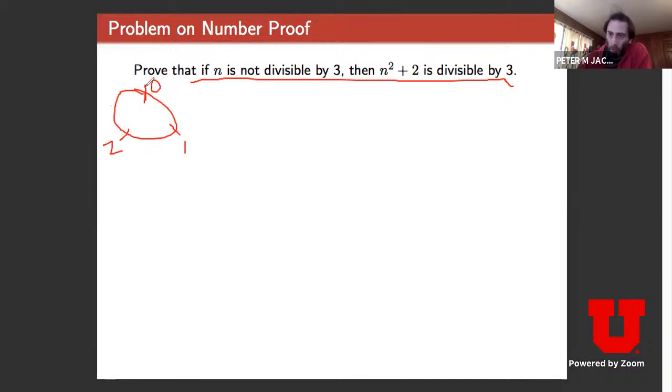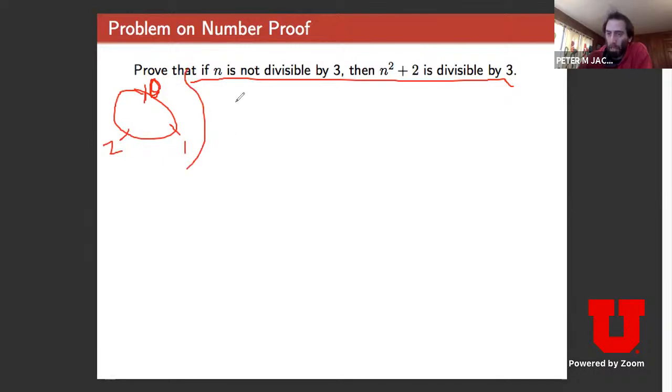And what's going on here is that all of the numbers that are multiples of 3 are falling at 0 on this clock. And all the numbers that are not multiples of 3 are falling at 1 on the clock or 2 on the clock. And so that's some intuition for the division theorem,